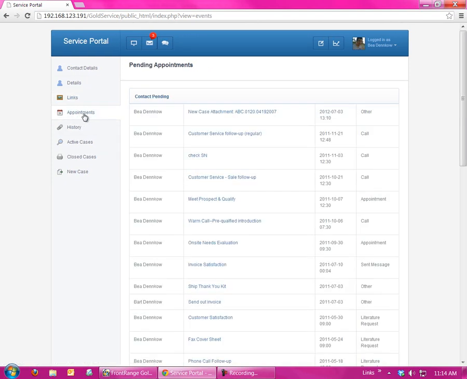This is the appointments module, and it's for pending appointments. So they could see if they have a technician scheduled to come out, maybe next Thursday. They could see that it's here. This is their contact name, the date, what the appointment type is. You can allow them, maybe you don't want to show them calls, but just appointments. So all that is